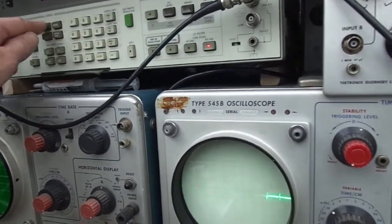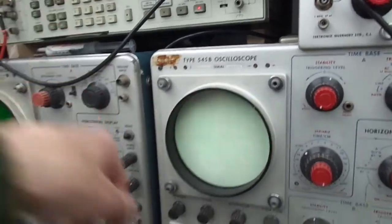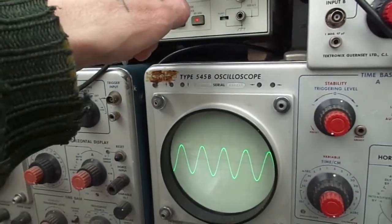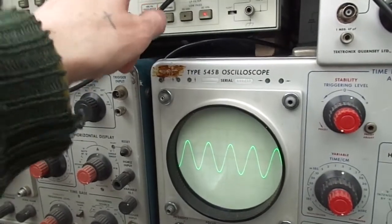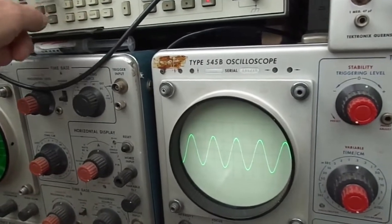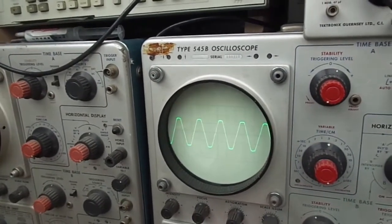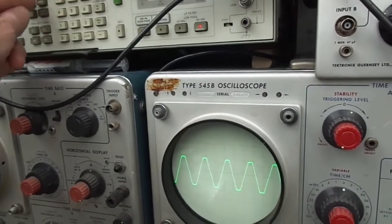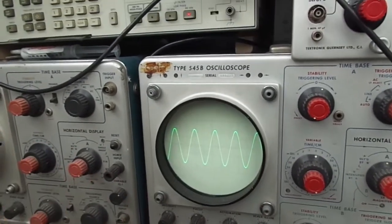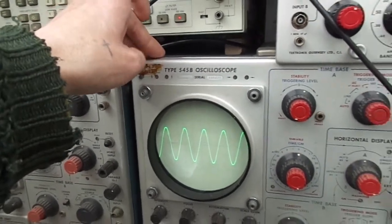Got feedback applied. Frequency 1 kilohertz. Amplitude 0.02V. 0.3 volts RMS, 0.9% THD. 0.3 volts RMS. Distortion should have gone down yet. 0.3, that's about your normal sort of listening